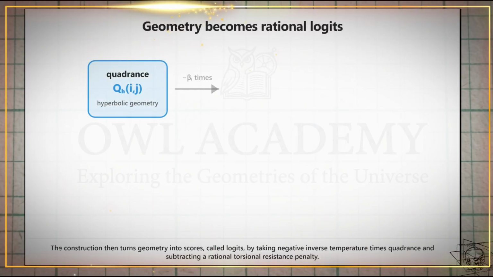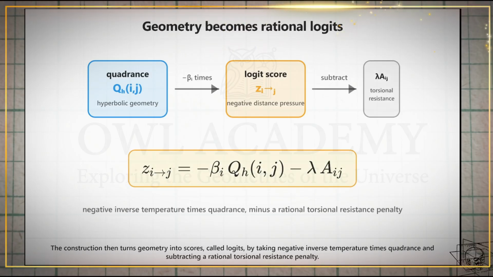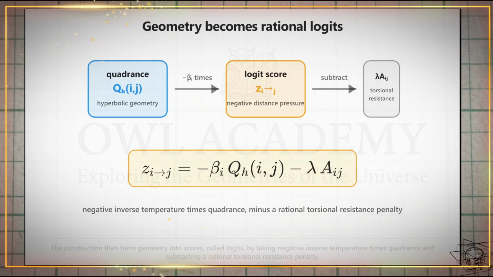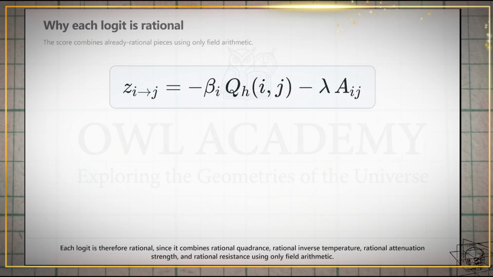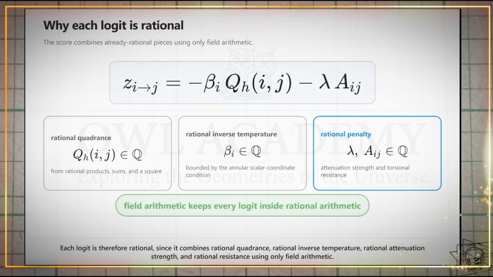The construction then turns geometry into scores, called logits, by taking negative inverse temperature times quadrants and subtracting a rational torsional resistance penalty. The inverse temperature is the scalar expression 1 minus the quaternion scalar coordinate, divided by that scalar coordinate, so it is rational and bounded because the scalar coordinate stays inside the annulus. Each logit is therefore rational, since it combines rational quadrants, rational inverse temperature, rational attenuation strength, and rational resistance using